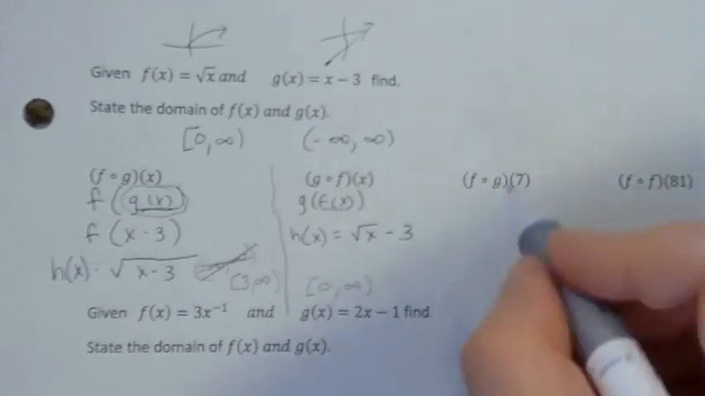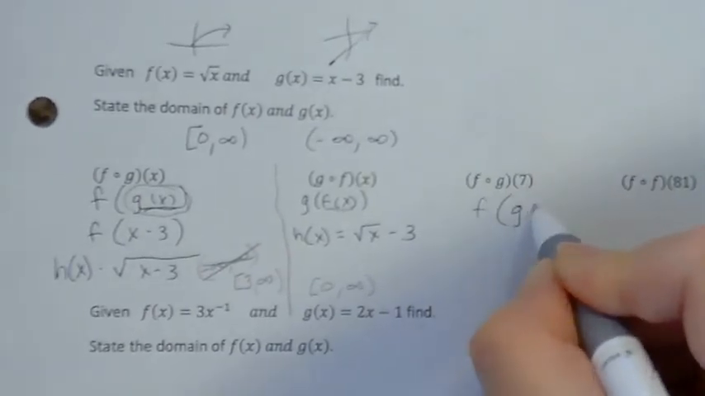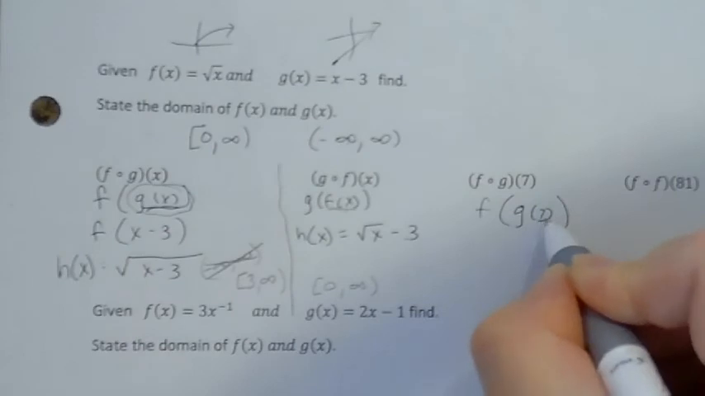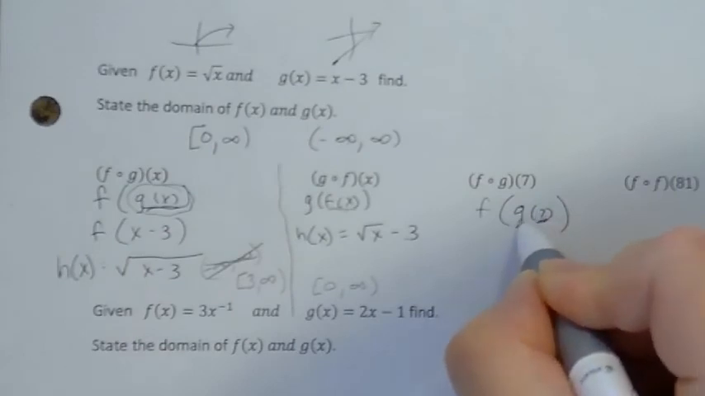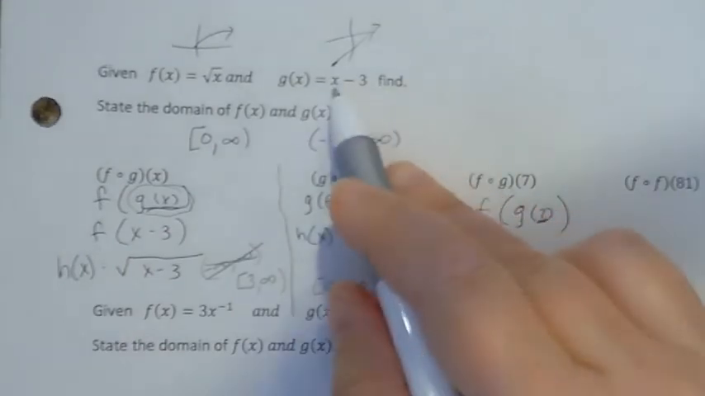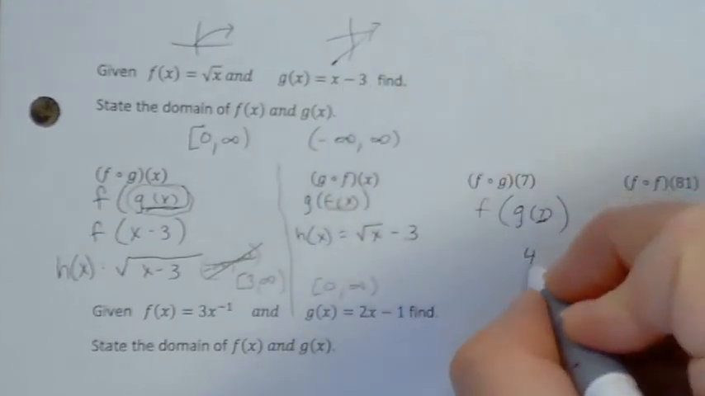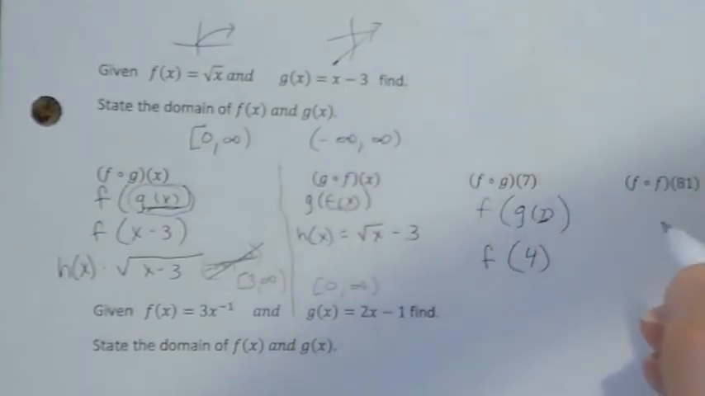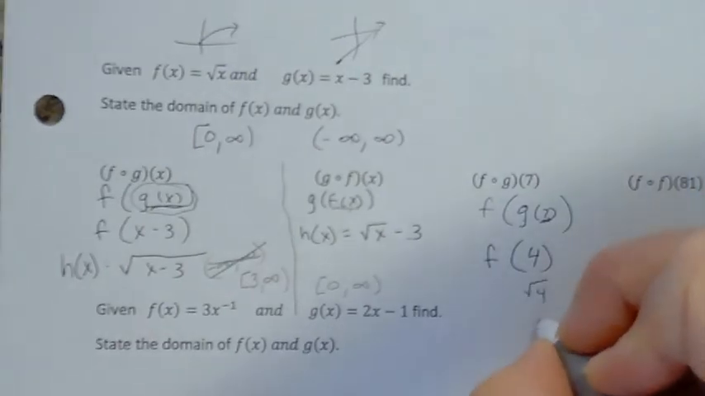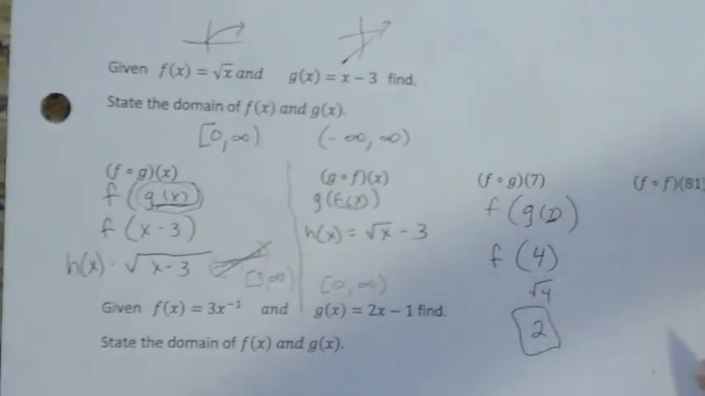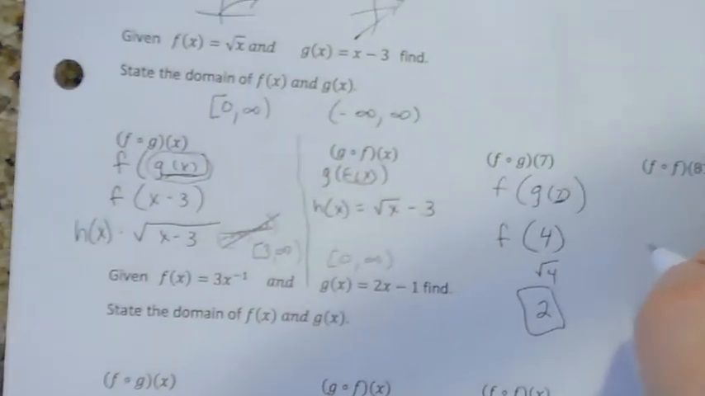Okay, let's go evaluate f of g of 7. So now my input value is 7 into my g function. So I'm going to put 7 here. 7 minus 3 is 4. And now 4 is the input value of my f function. So I'm going to have the square root of 4, which is 2. We don't have a domain on the ones that are